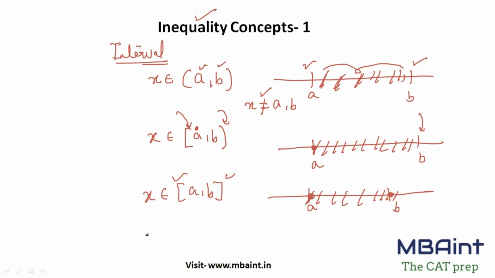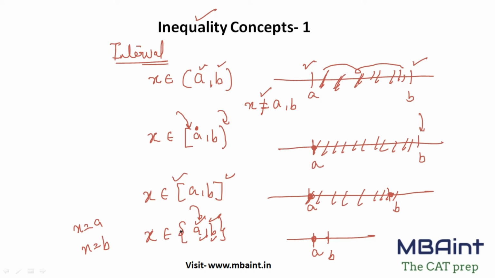Now if you have any value something like this, x belongs to, और ये curly bracket है a comma b. अब इसका मतलब क्या है कि a and b, there's only two values which x belongs to. मतलब x का value is equal to a और x का value is b. So nothing is between them. X is actually the value a and b, taking the value a and b. So that's the meaning here.